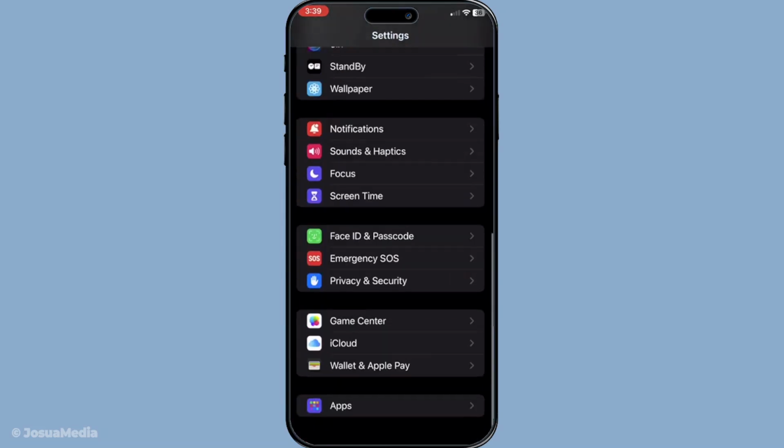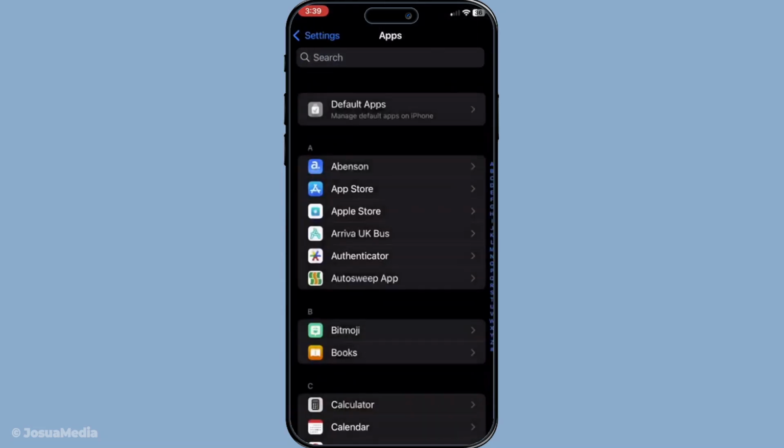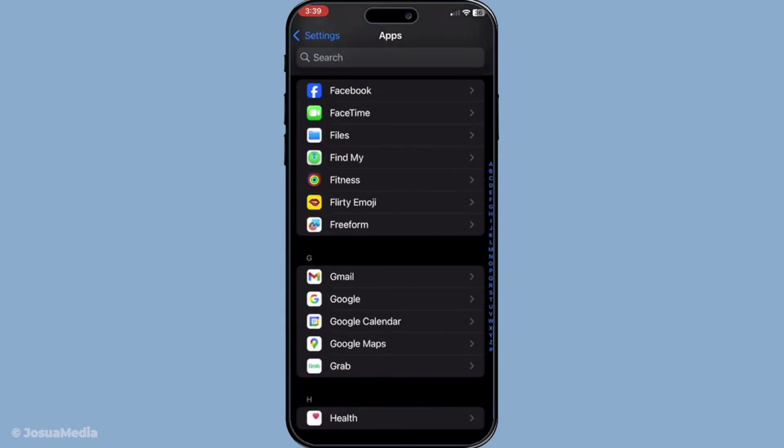And that wraps up our guide. By following these steps, hopefully you'll resolve any issues with Outlook email not working on your iPhone, ensuring you stay